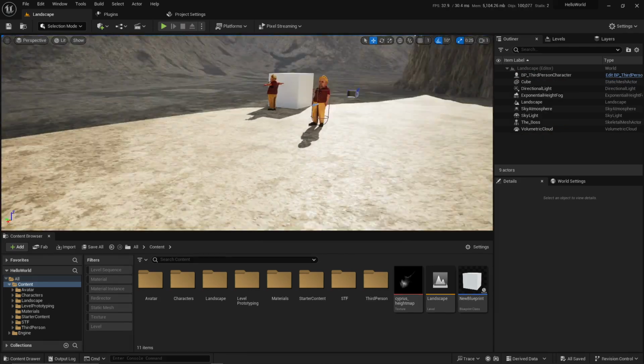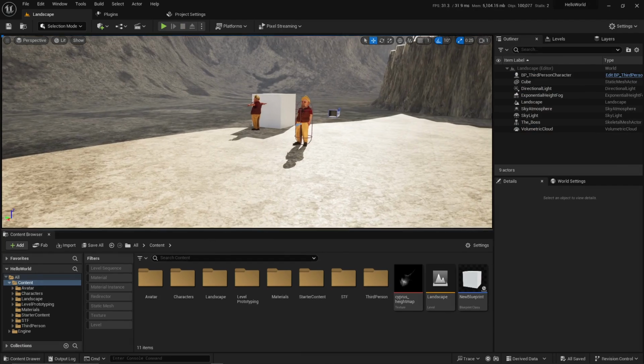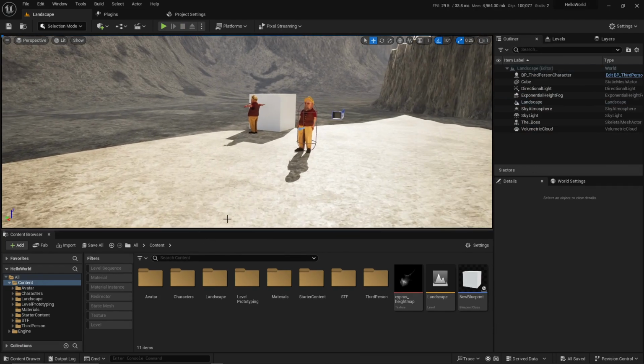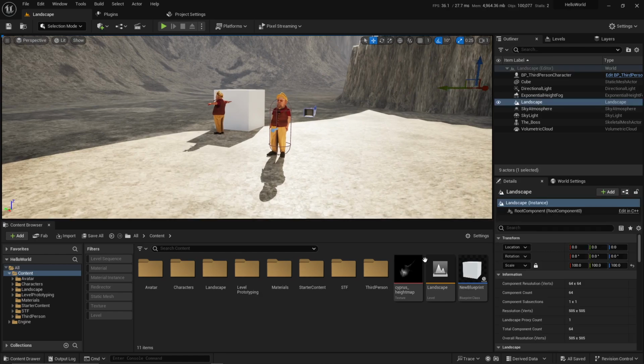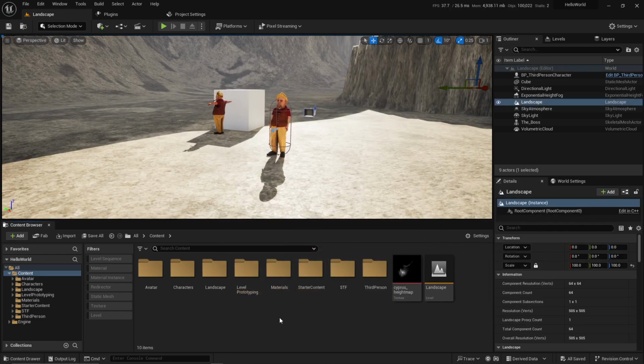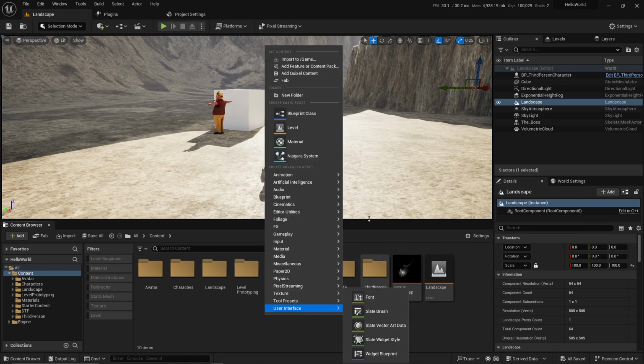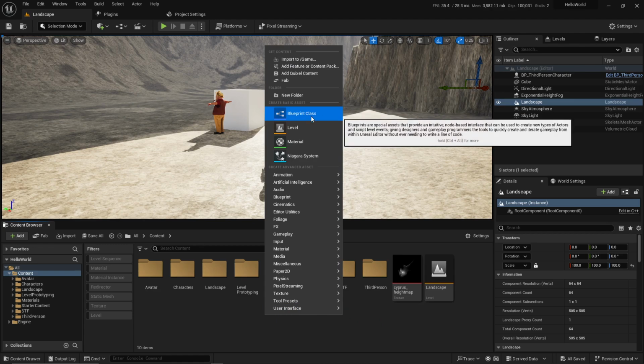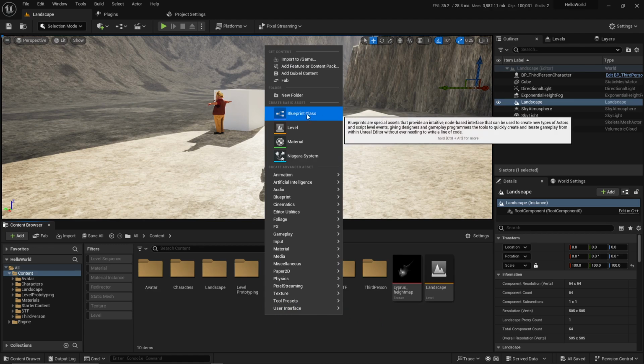Cool. So, gonna enlarge my taskbar here. And blueprints, let me get rid of you. Bye. So, if I right click on my content browser, again you don't have to follow now at the moment, I'm just going to go through some of the basic blueprints and then we'll create one, and I'll click on